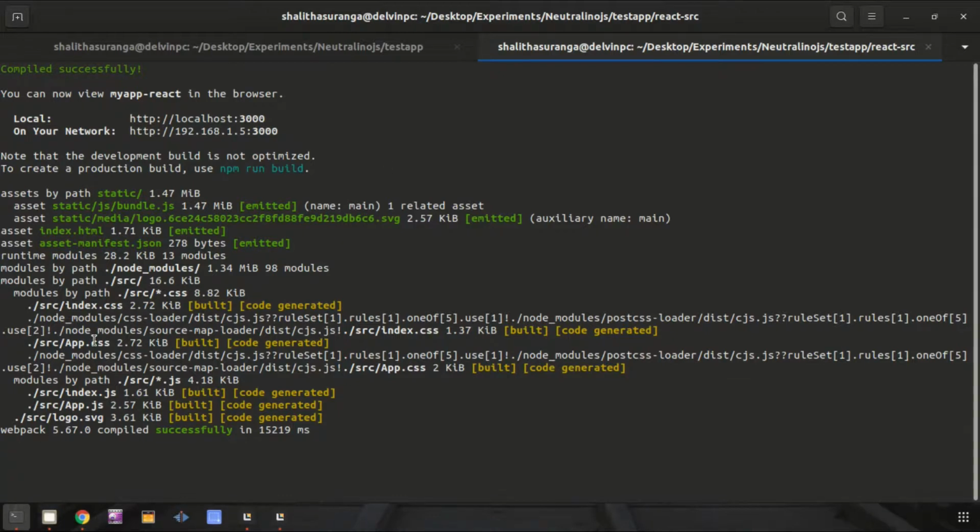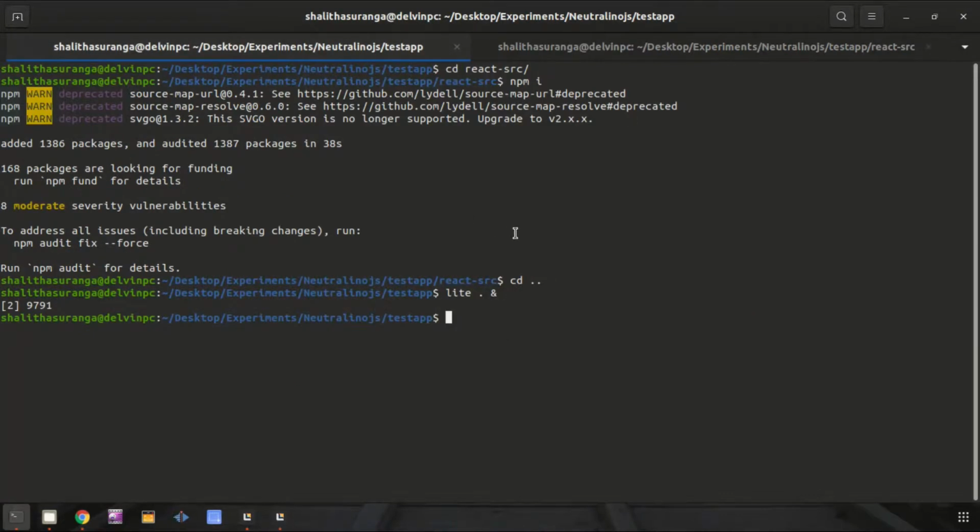Here I started the development server using this tab. Now I am going to use this tab also. In this tab I am going to start the Neutralinojs application using neu run. With neu run I am going to use a new feature, a new option here. That feature is front end